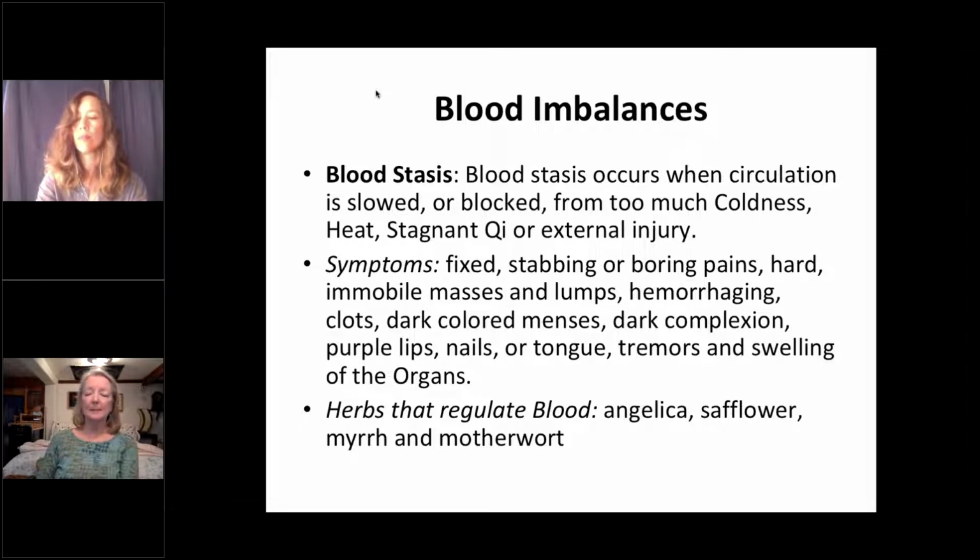So in this case, Western herbalism uses emmenagogues as the blood movers. Traditional Chinese medicine uses a materia medica category called herbs that regulate blood. So angelicas come under this category. Safflower, myrrh, boswellia come under this category. Motherwort. And boswellia and myrrh, frankincense and myrrh, are two fabulous herbs for very severe stabbing, localized pain, anywhere in the body for the most part. Okay,